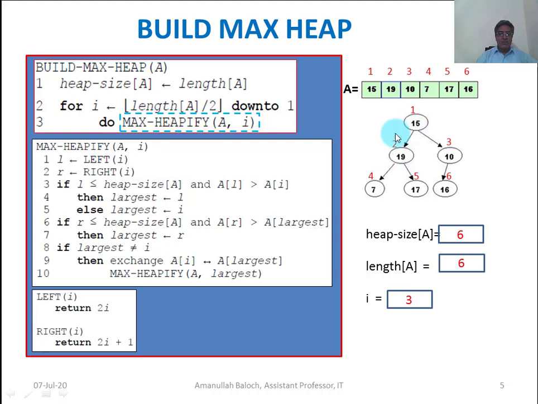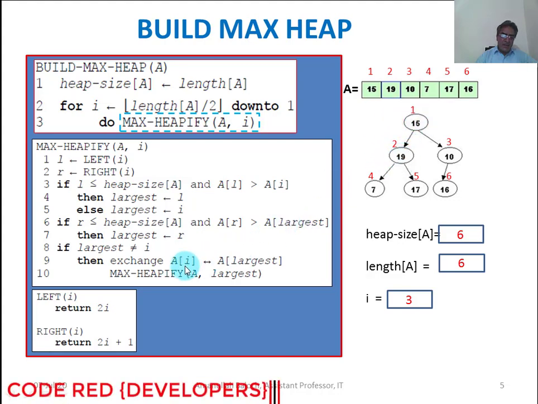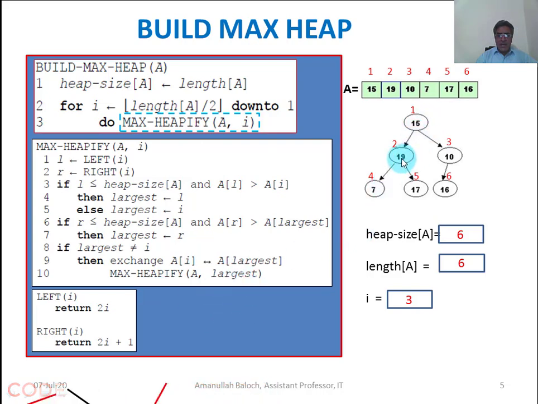So when the max heap procedure is called for the root element, it will exchange the root node with its left child, and then the recursive algorithm is called again, because 15 will come down and take the location of 19, and here it will violate the node value at index number 5, that is 17. 15 is smaller than 17, so it will come down.